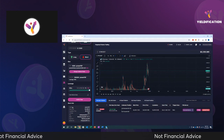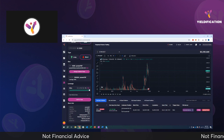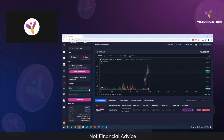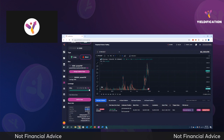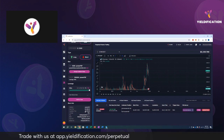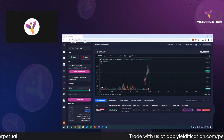And then down here, you'll see the info. So this is basically the readout of all the information you need to be tracking. So the collateral, this is what you're putting up, right, as collateral. This is what you stand to lose if your position closes. The open price, this is the price that you set to open. Since it's a limit order, it's dead solid on 2,300. The liquidation price, this is the price that if it goes to that after it opens, it will close the